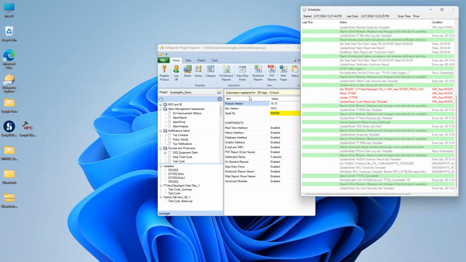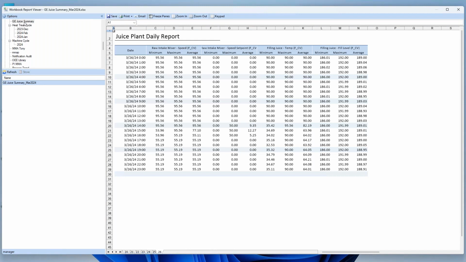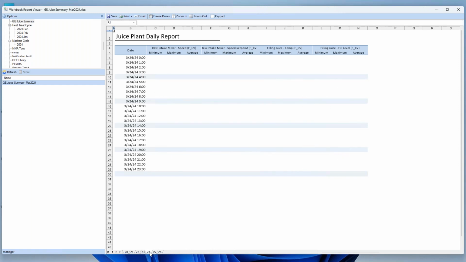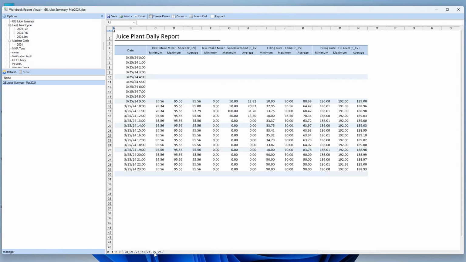So if we take a look at what we got, I'll go to the workbook reports menu here. We can look at GE juice summary. And we've got a report with data from the past several days here. Looks like my HMI probably wasn't running for a lot of this time, but for the time that it was